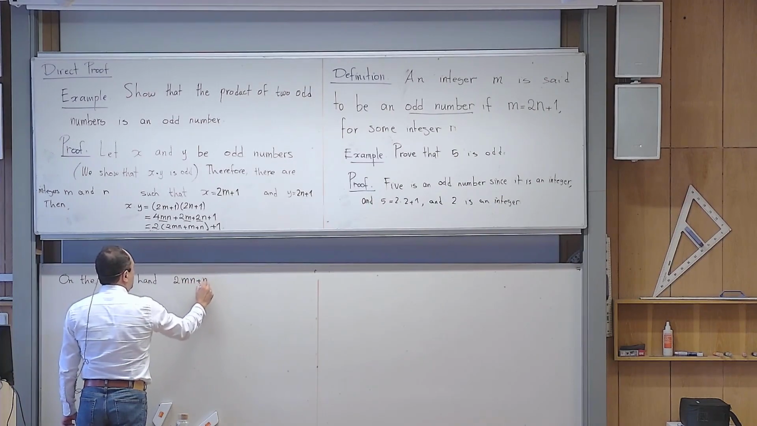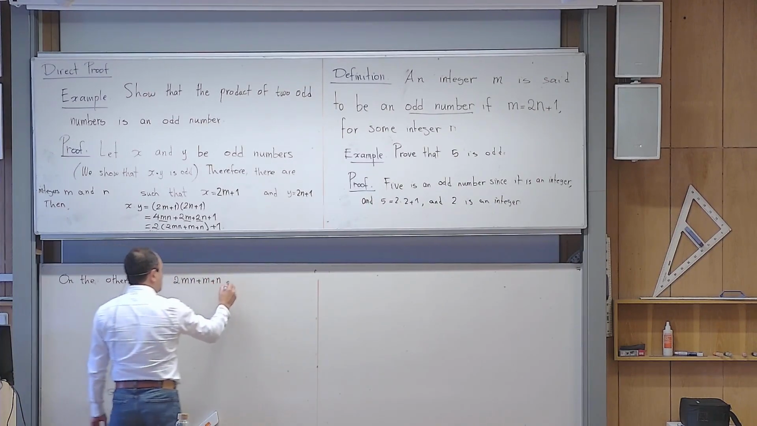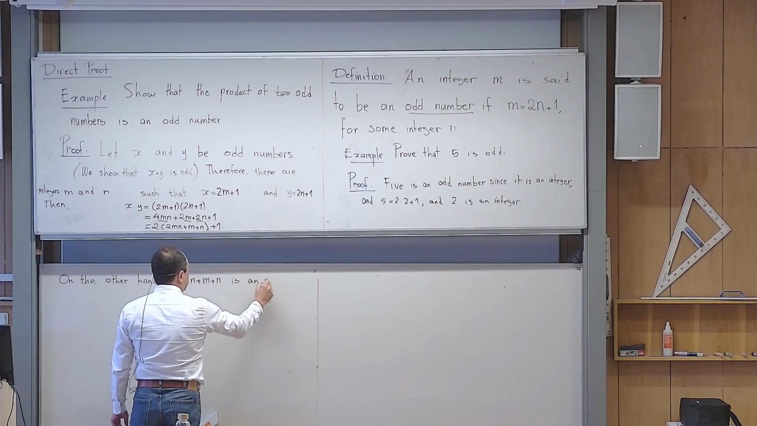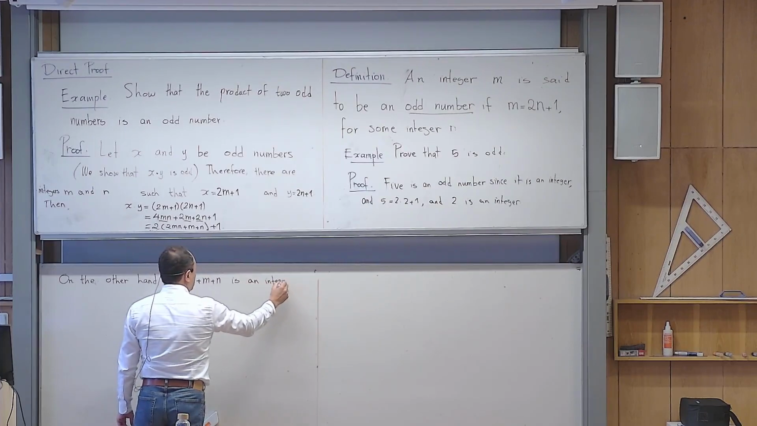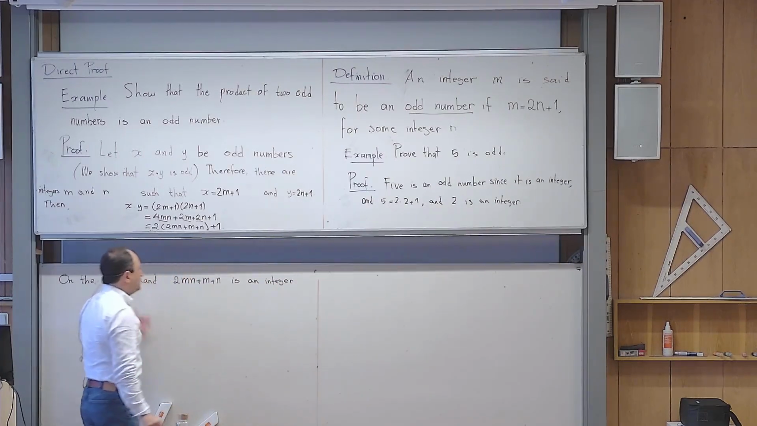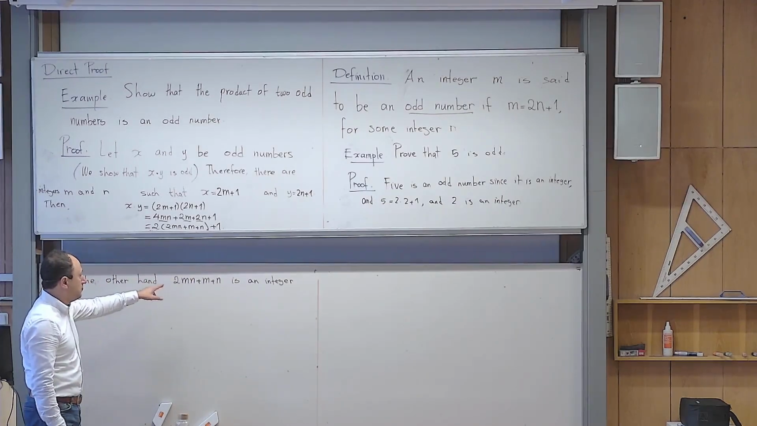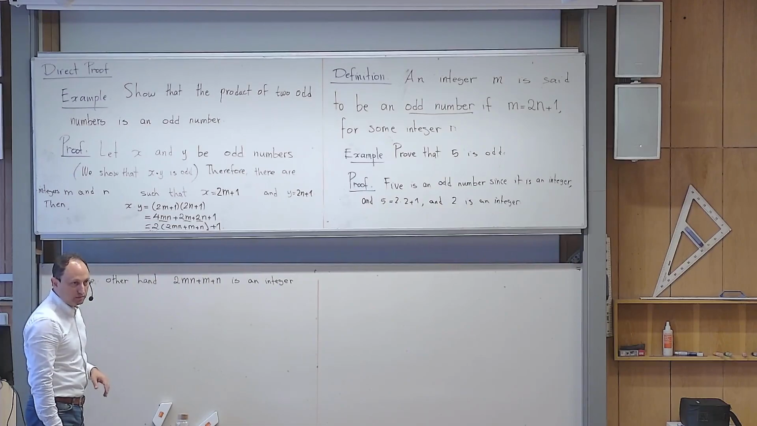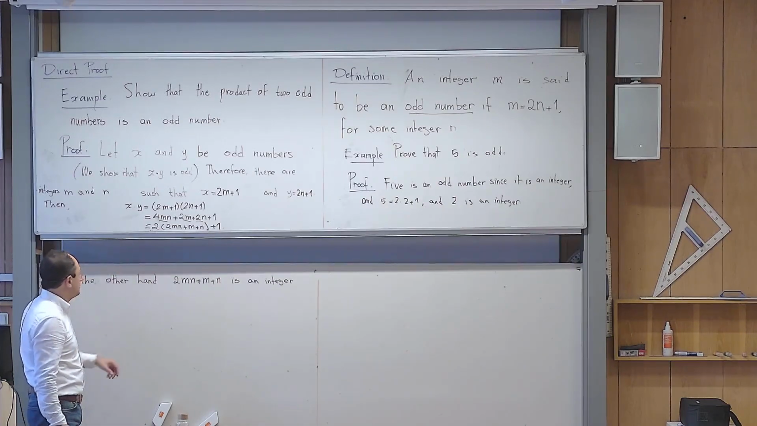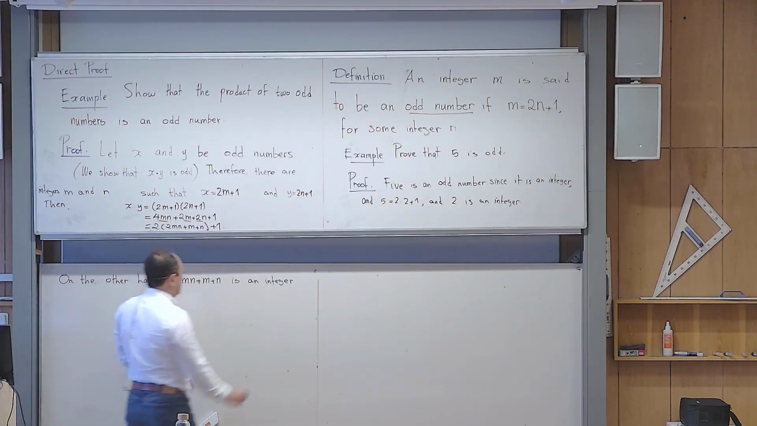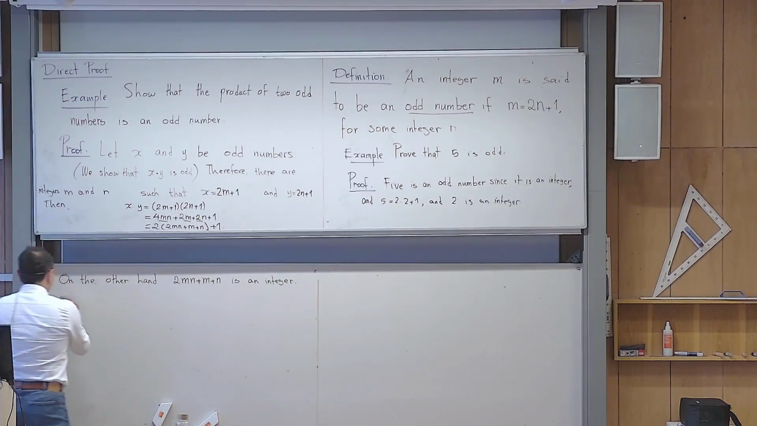n plus m plus n is an integer. Yes? If you want, you can explain a little bit more, but you don't need to, because you can say "since m and n are integers." Okay? But people usually understand that. So on the other hand, this is an integer. So I can say hence